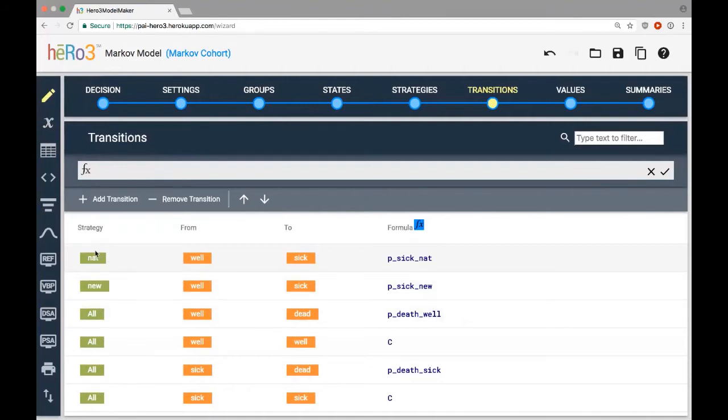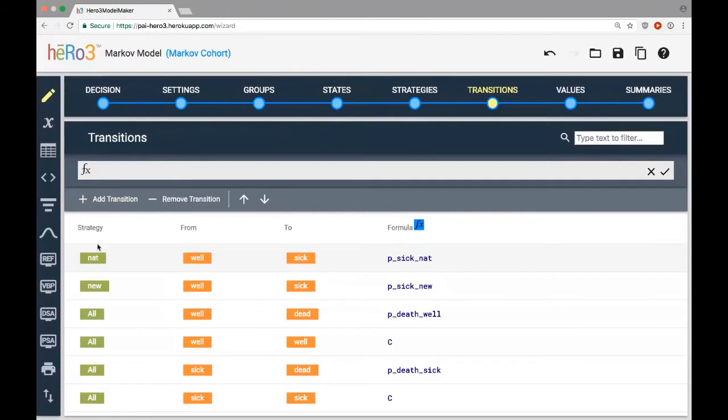Even before I get into that, this layout, we like to call the long form format for the transition matrix. And so instead of being defined as a matrix itself, each one of these rows represents an entry in your transition matrix, or in one of the two transition matrices, since we have two strategies.